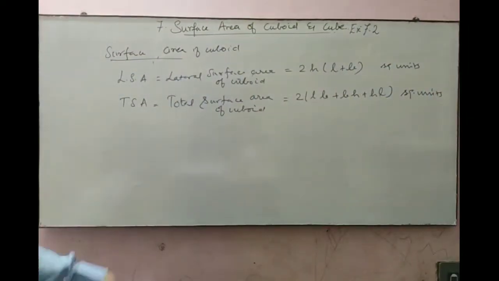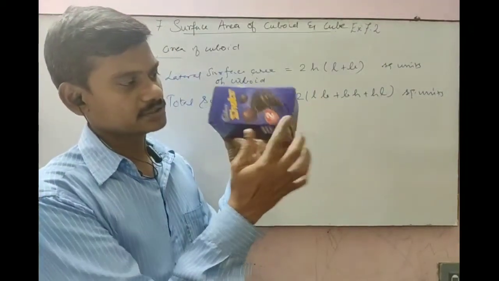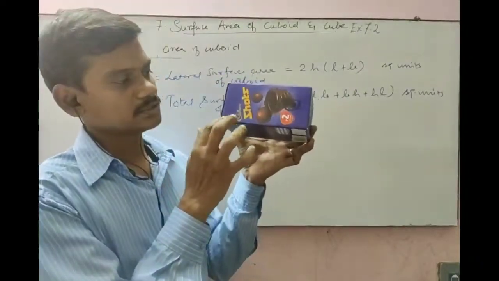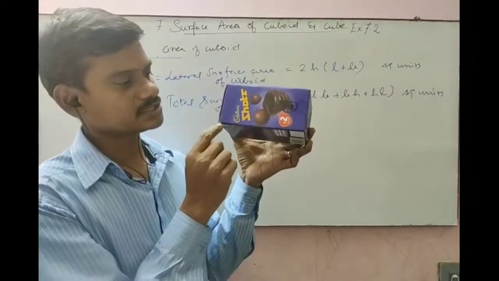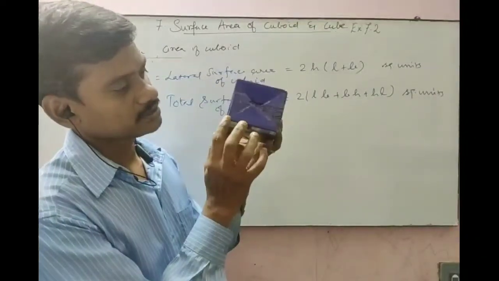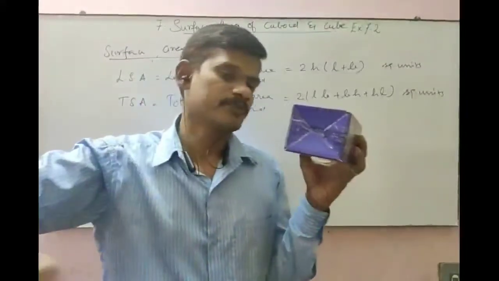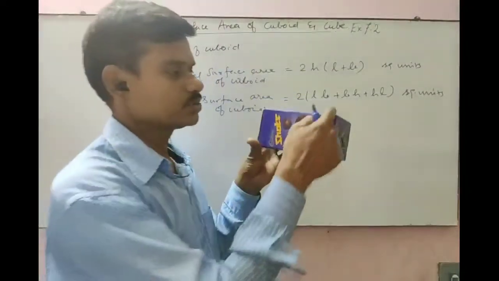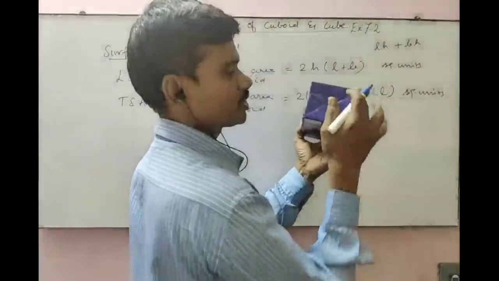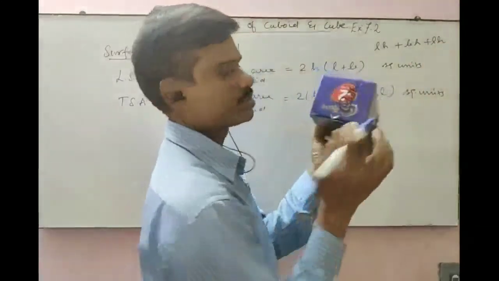Now you can see how this comes. You treat this as length, this as height, and this as breadth: length, breadth and height. If you find the area of this rectangular surface, it is L into H. Here it is B into H. This side is L into H, here B into H, on the side B into H, again it is L into H, and again this is B into H.